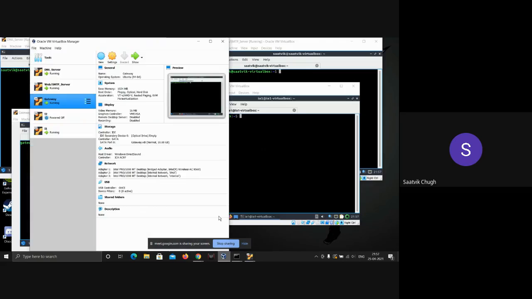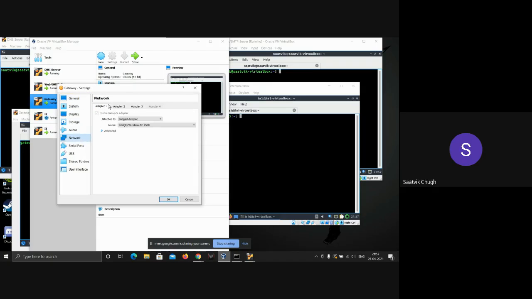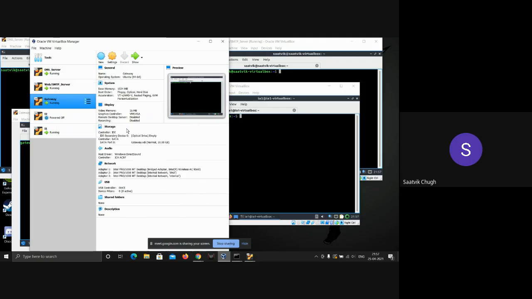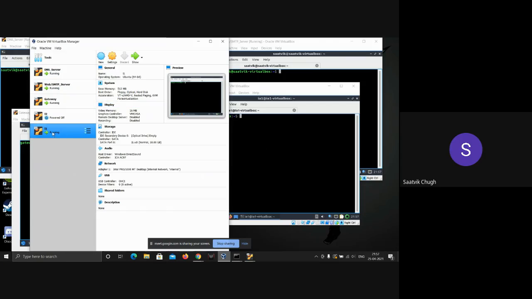As you can see in the VirtualBox manager, the gateway has three network adapters. The first one is a bridge adapter which connects it to the external zone. The other two are internal network adapters for the respective zones, the demilitarized zone and the internal zone. The servers have a single internal network adapter, which refers to the DMZ zone. And the internal machine I1 also has only one internal adapter, which refers to the internal zone.